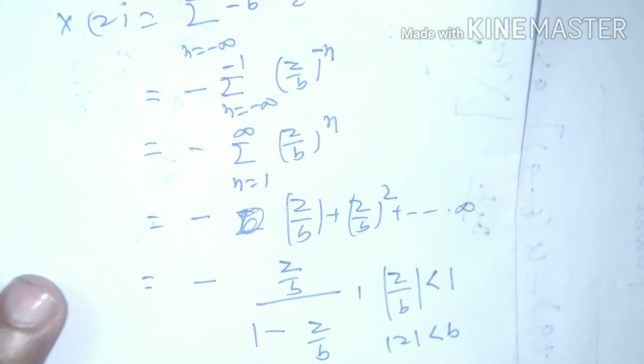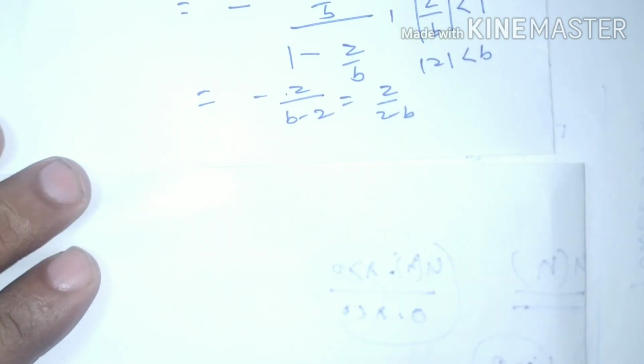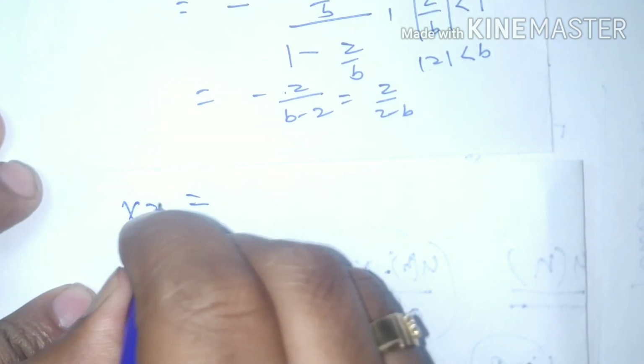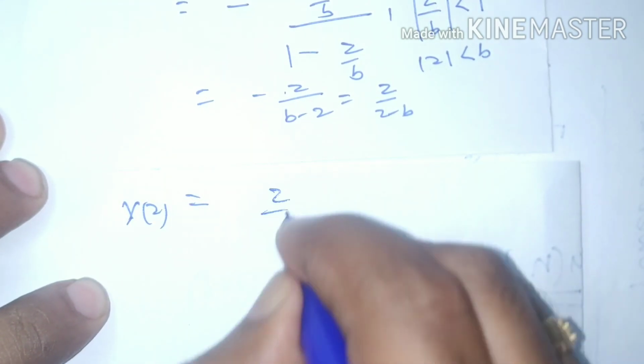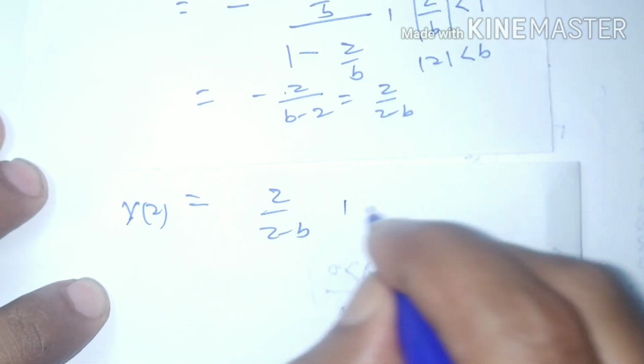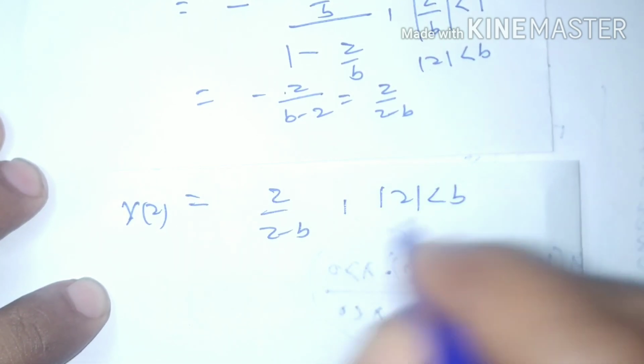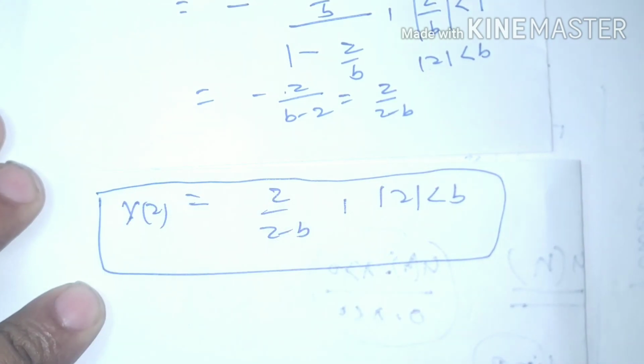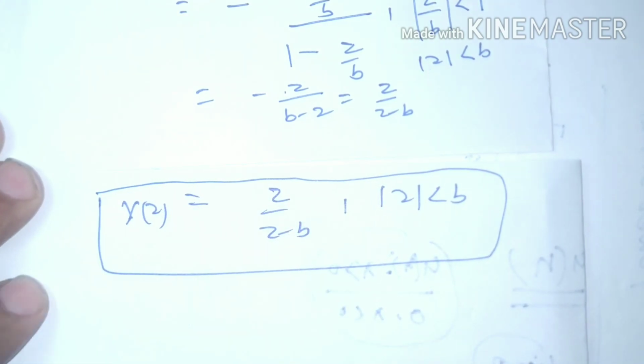Now we rearrange this term like that. X(z) will be z/(z minus b). Here the modulus of z should be less than b. This will be the z transform of the given signal. Now if we draw its ROC,